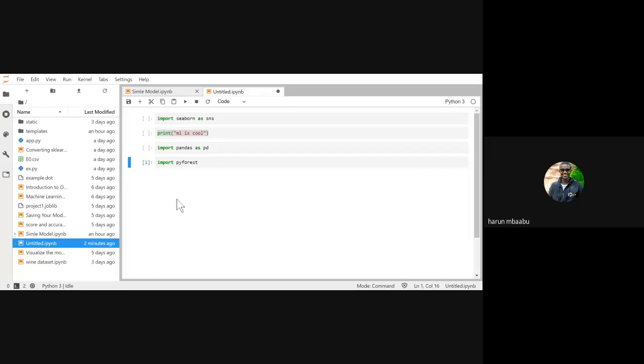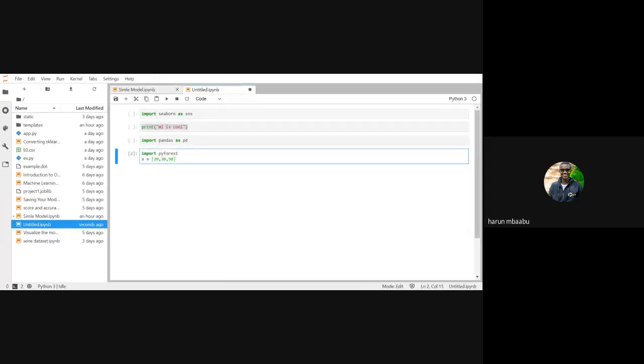When you want to run a certain cell, let's say I'm in this cell and I want to make a list, x is equal to 20, 30, 50. I press Control Enter. It will execute the code in that cell. So Control Enter is a shortcut in Jupyter Notebook to execute the cell.